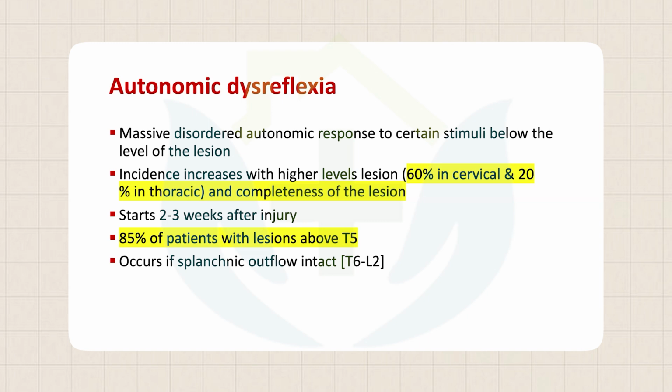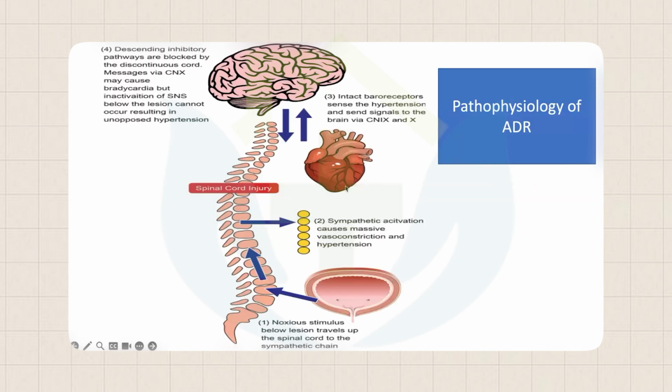Incidence can be as high as 60% in cervical injuries, and the basic mechanism is this: imagine that you have a spinal cord injury at a certain level. Below the injury, you get any noxious stimulus. Your bladder is distended, or the patient has an impacted stool, a UTI, a pinprick, anything. The afferent fibers go by the sympathetic chain, they relay into the spinal cord, the anterolateral part, they relay to the ganglion. That is the afferent stimulus, and they form a reflex arc like everyone does,